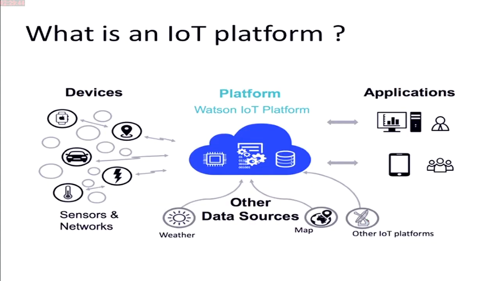So first of all, before talking about the Node-RED tool, I would like to introduce you to the IoT platform. I think you're interested in IoT, so you may have already used an IoT platform, but I will talk about the IBM IoT platform, which is called Watson IoT platform. So what is an IoT platform? It's a platform where you can connect devices, manage real-time data, and connect data to other services over APIs, over data sources like weather data or map data, or over an IoT platform or a cloud platform.